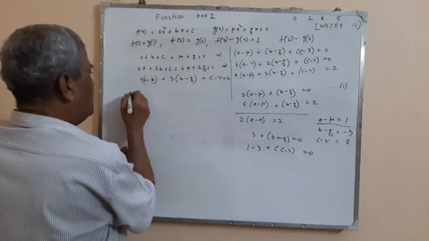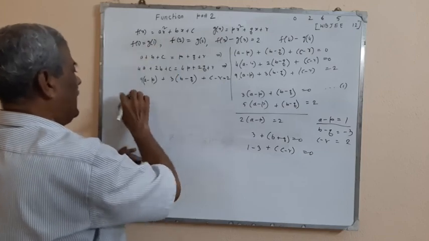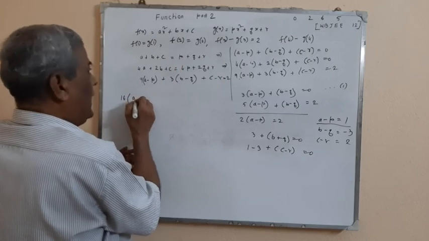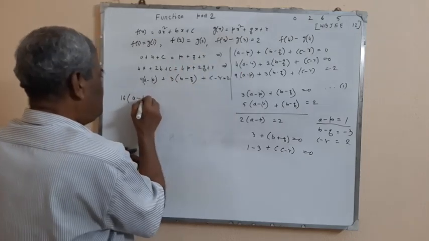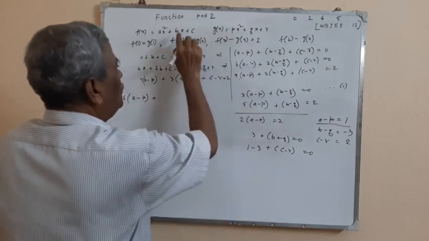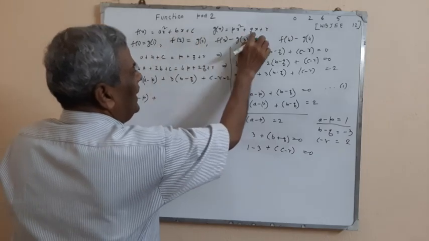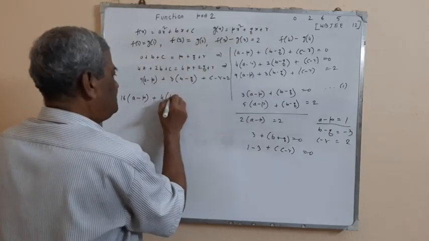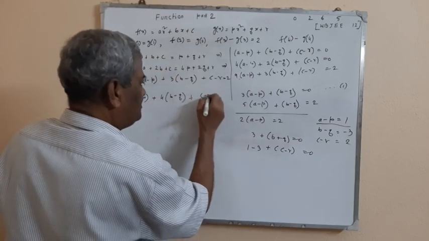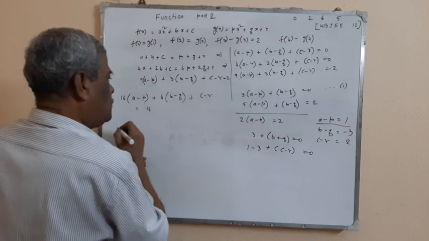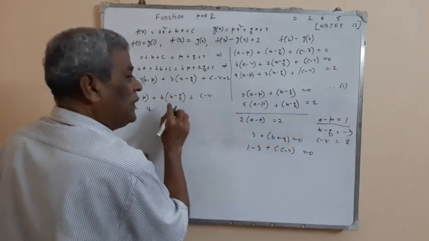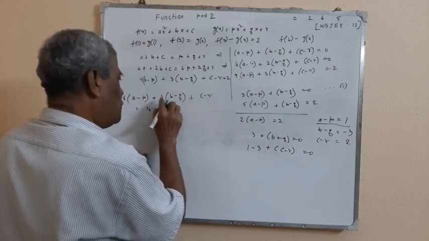So a into 4 squared, that is 16 into (a - p), plus, we have to put x equal to 4, so 4 into (b - q), plus (c - r), is equal to 16 into (a - p), which is 1. (b - q) is -3. So 4 into minus